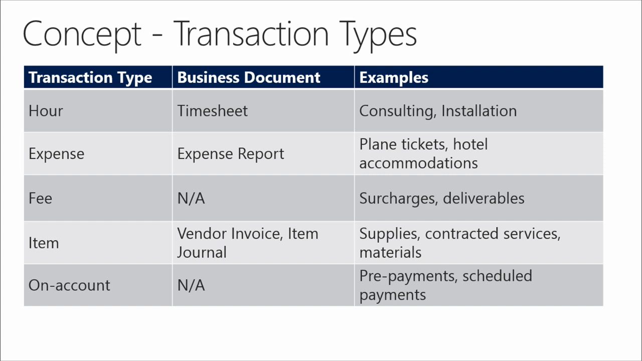Examples of the kinds of activities that result in these kinds of transactions would be the labor involved with consulting or installation or other task work. We also saw that there's an expense transaction type. Typically, an expense report would be filed by an employee. We've got a module on that coming up. This would be an example of purchasing plane tickets or hotel accommodations or other expenses incurred during execution of the